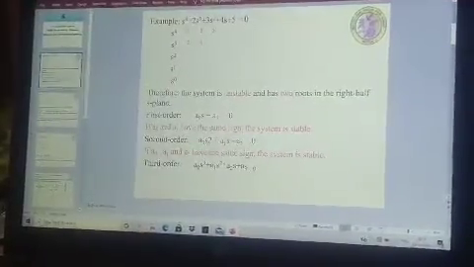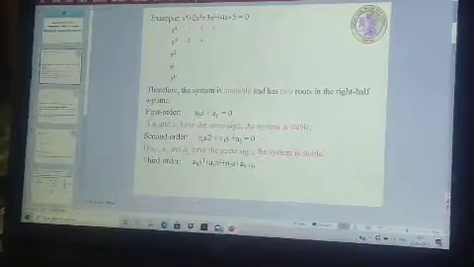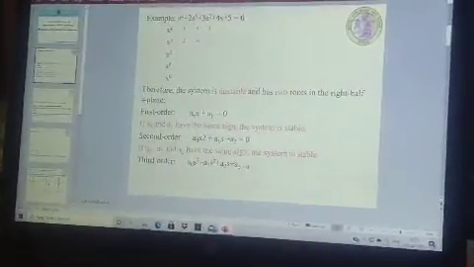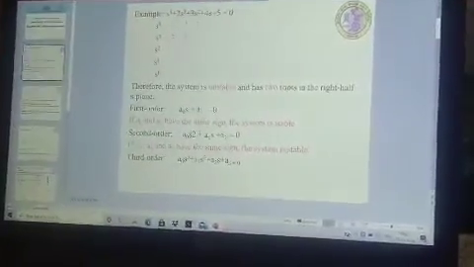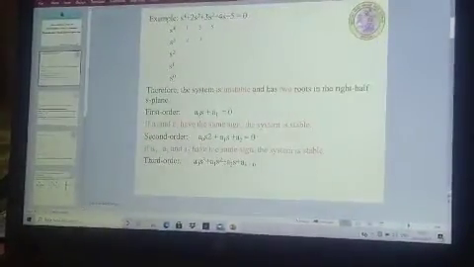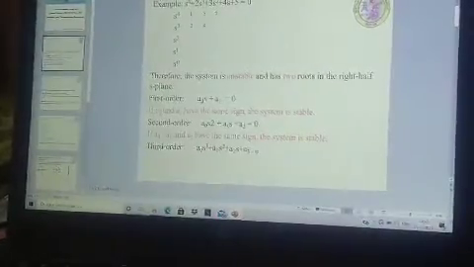After calculating this, I have not completed this problem, I have just given it like this. So just the coefficients A0, A1, A2, A3, A4 are written here. The remaining thing we have to continue. So after calculating, this system will give the result unstable because it has two roots in the right half of the S plane.